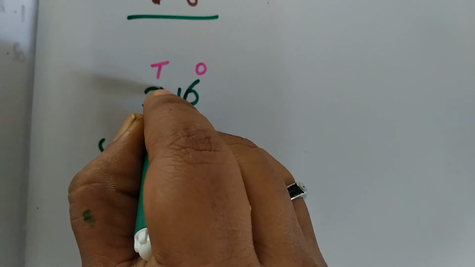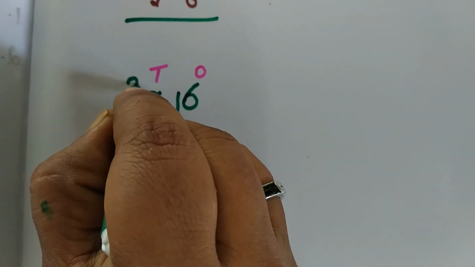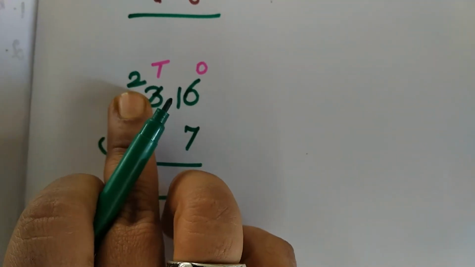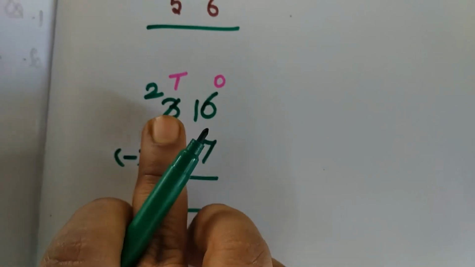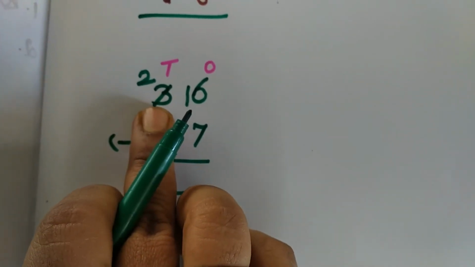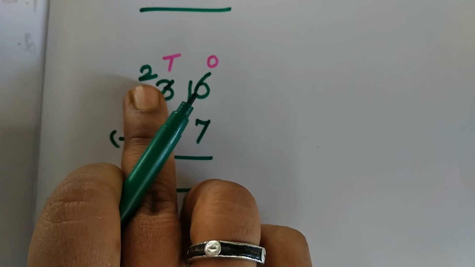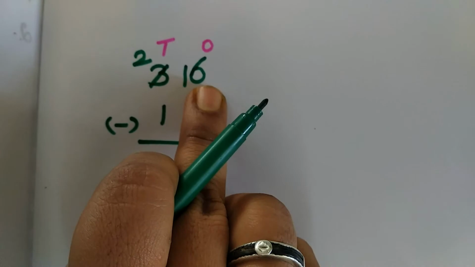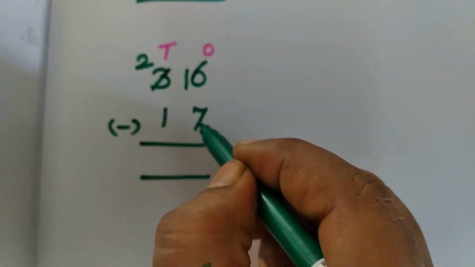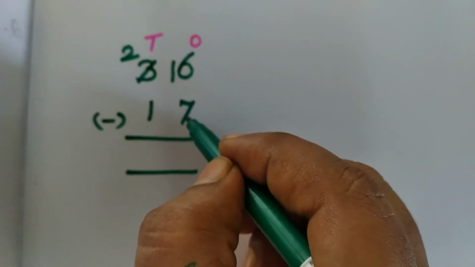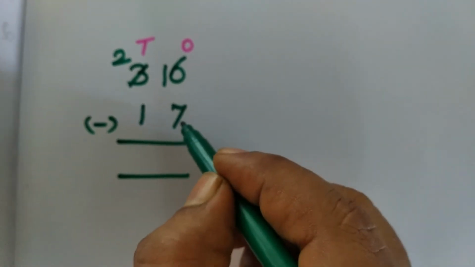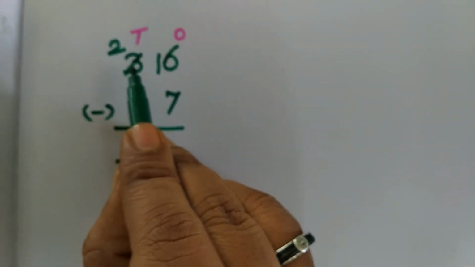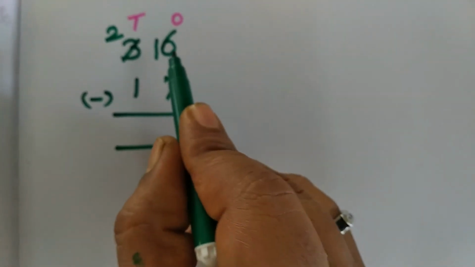So here in tens place, it will become the number 2, because you gave 1 tens to ones place. So in tens place, you will be having only 2 tens. Okay. So totally you have 3 tens. In that 3, you gave 1 tens to ones place. So you will be having only 2 tens. In ones place, the number 6 will become 16. Okay. Now you can subtract the number 7 from 16. Before that, from 6, you cannot subtract the greater number 7. So you are getting borrow from tens place, and now the number becomes 16. Now 16 minus 7.